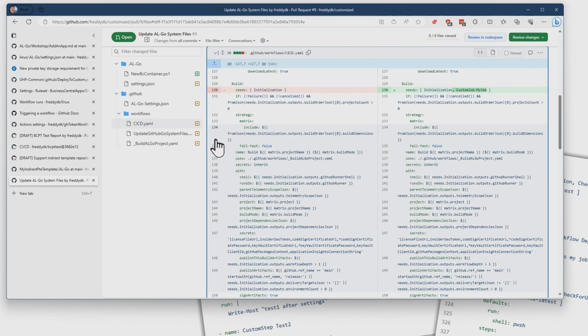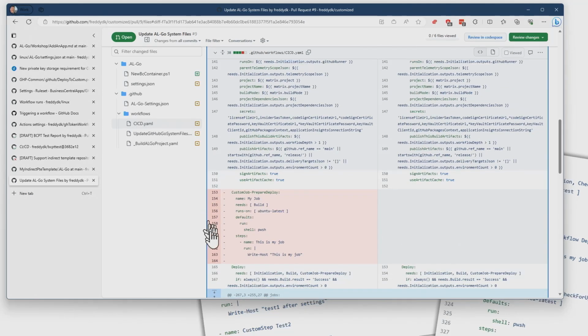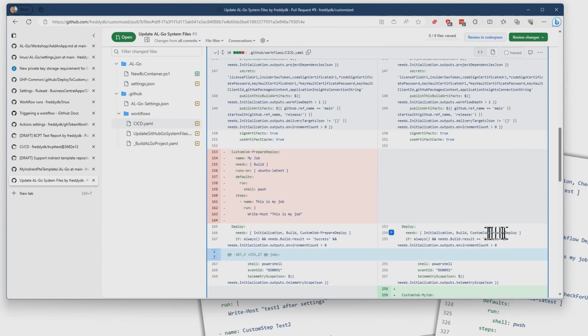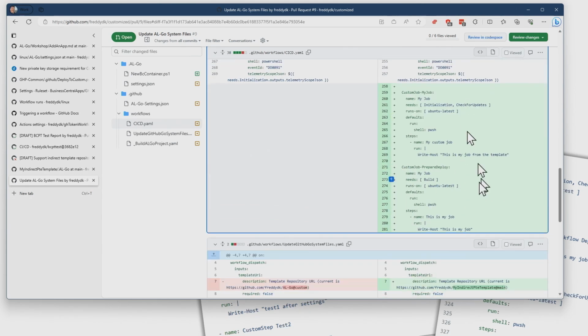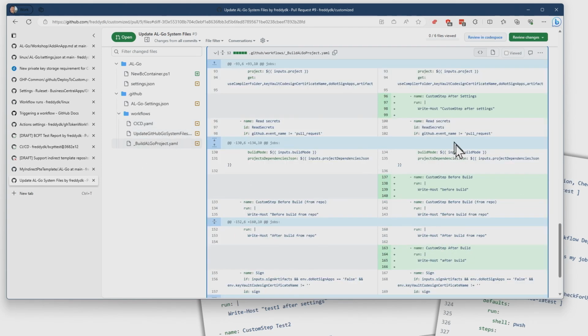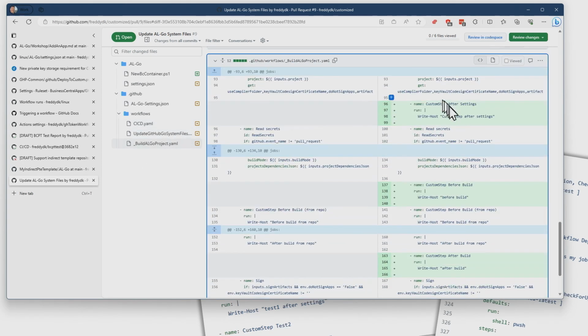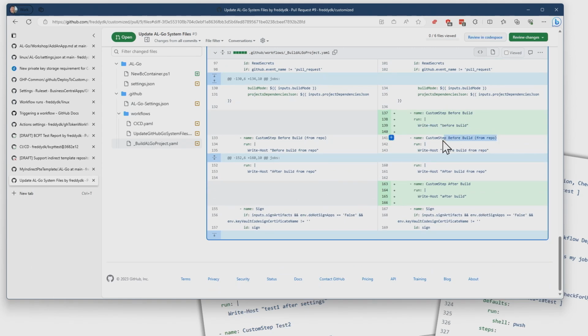And if we look at the deploy, we'll still have the custom job, prepare deploy in here. So we actually managed to merge the two custom jobs into this workflow. Let's have a look at this one where we had some steps. We had a before build from the repository, and now we got a before build from the indirect template as well. Now, if there is already a job with the same name in the repository that comes from the indirect repository,